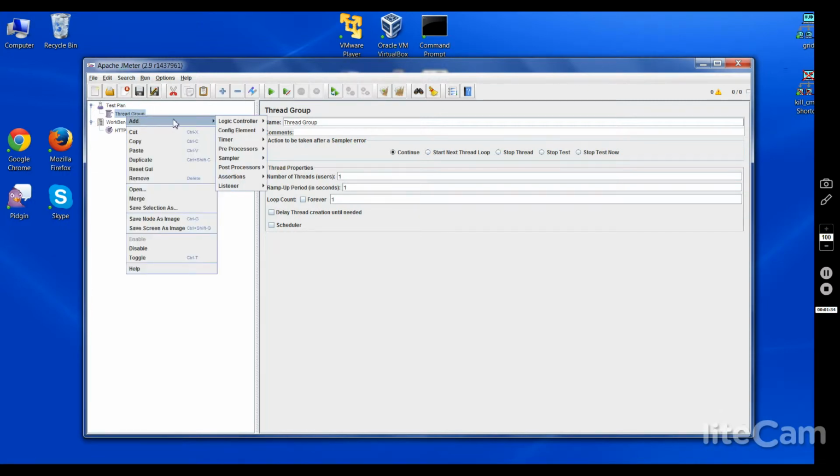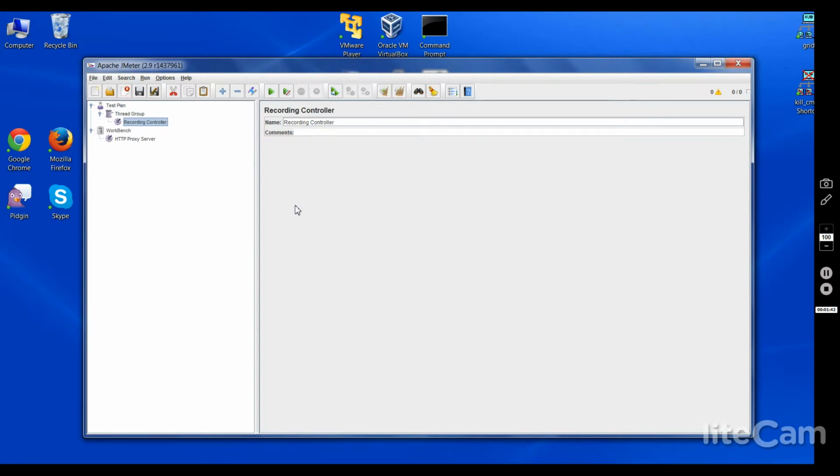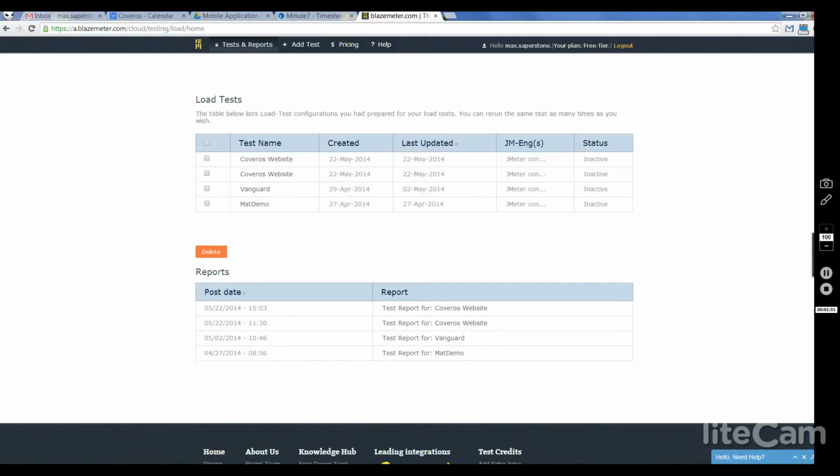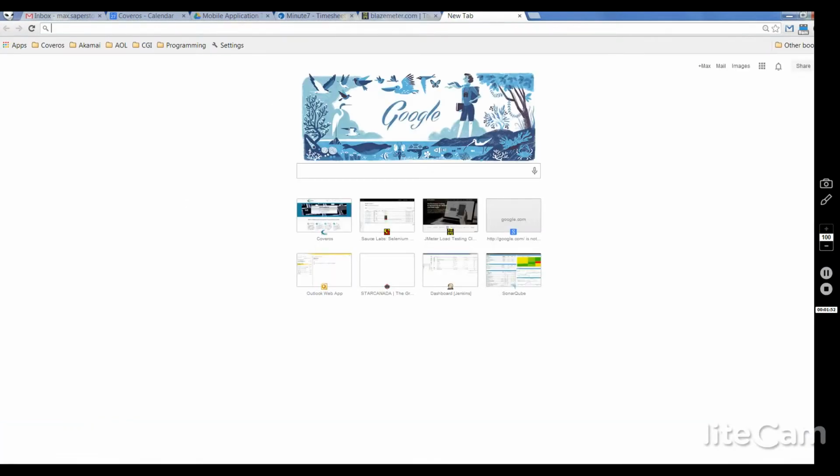Then within the thread group, I want to go ahead and add a logic controller and make sure that we actually have our recording controller. That way everything we recorded we can properly save. That's pretty much it for configuring JMeter. It's relatively simple. If we wanted to test this out, we could go ahead, go to a web page, and